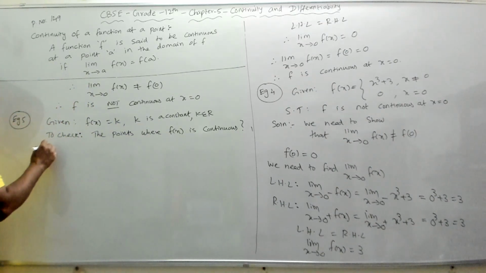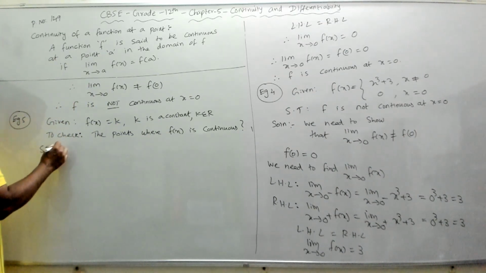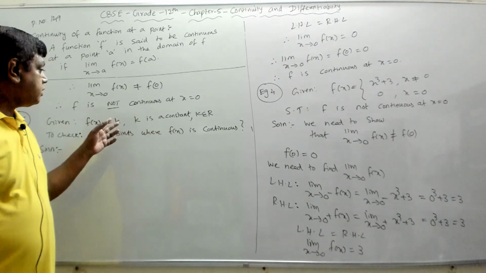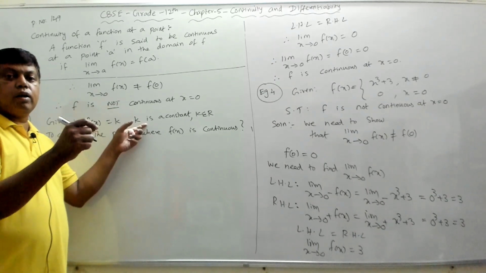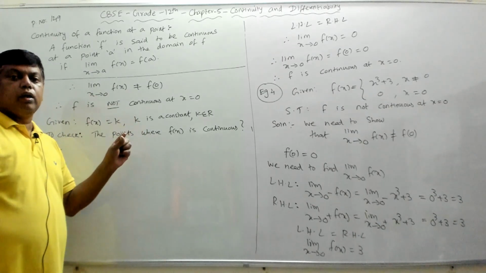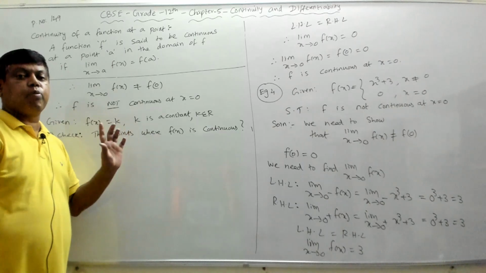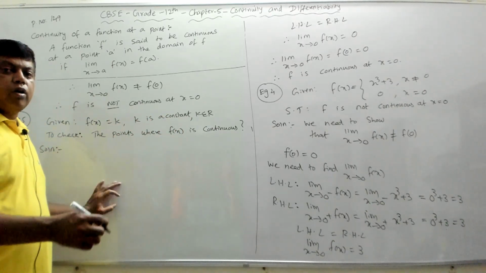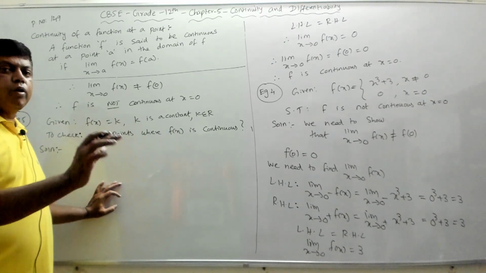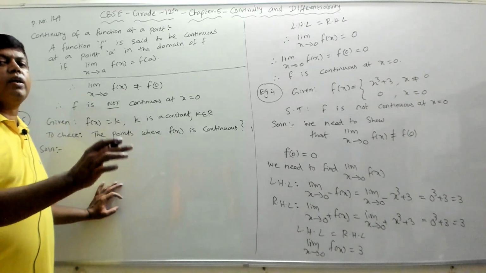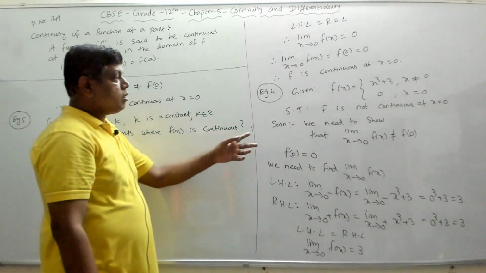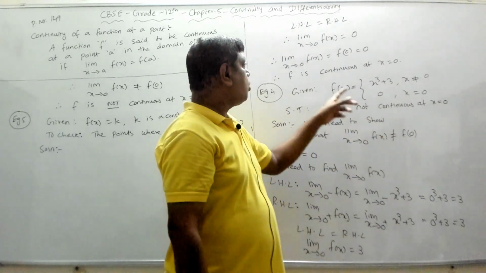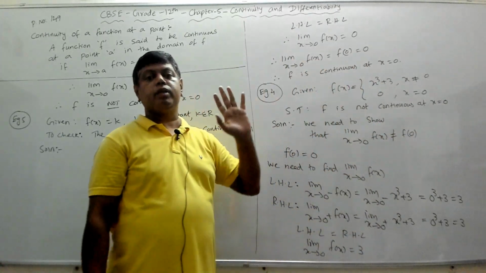Now solution. So here the first observation that we have is, they have not asked us to find whether a function is continuous at a point or not. So the point is not given at which we have to check whether it is continuous or not. They have just said to find all the points where f is continuous. So in the previous examples, they had given, show that f is not continuous at 0, or show that f is continuous at 0, or examine whether f is continuous at 0.